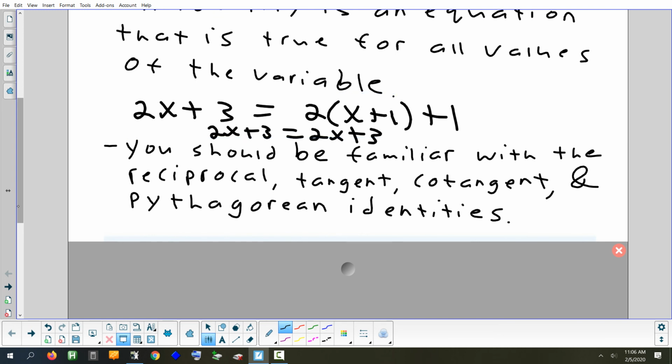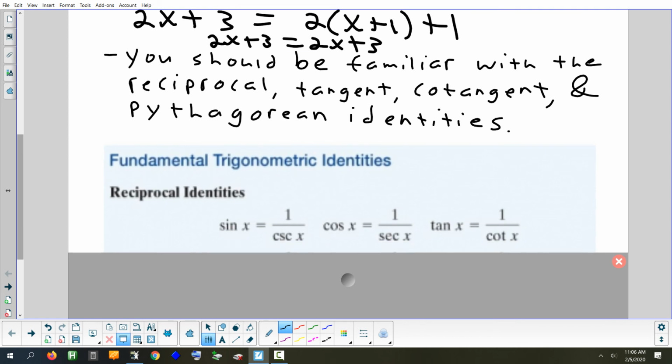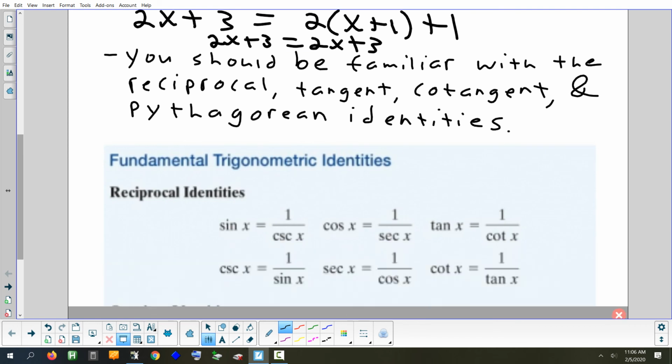Like the reciprocal ones, you guys already know those. Because we don't have a way to type cosecant in on the calculator, we have to take the sine and flip it. We don't have a way to type in secant. We take the cosine and we flip it. But we don't have a way to type in cotangent. We have to do 1 divided by tangent. So we've been using these ones all along on the bottom. The top ones we don't use as much, but